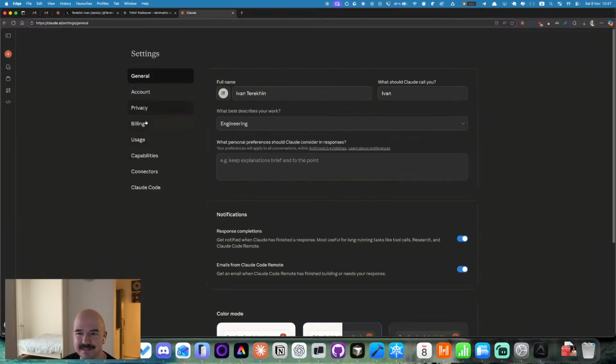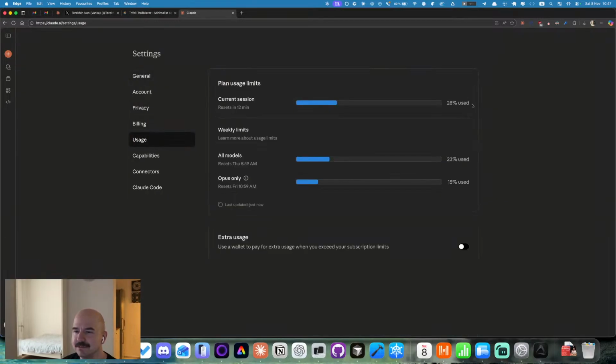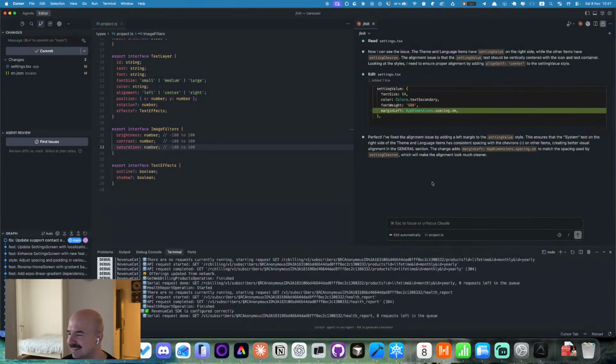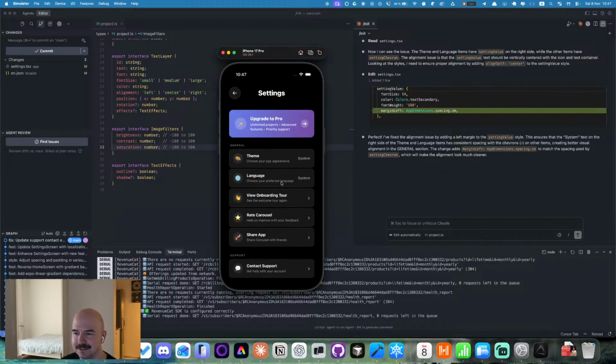Settings maybe. So let's go to the usage. Nope, I haven't. By the way, it seems like I will hit the rates. Okay. I'll hit the limits before I have finished something.